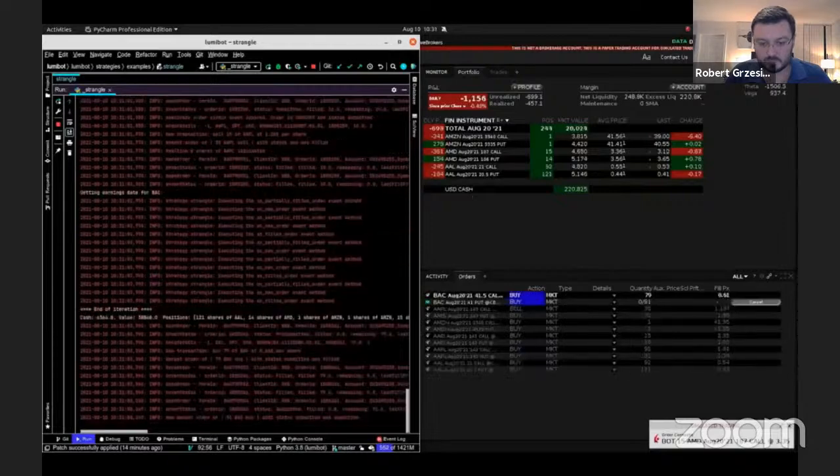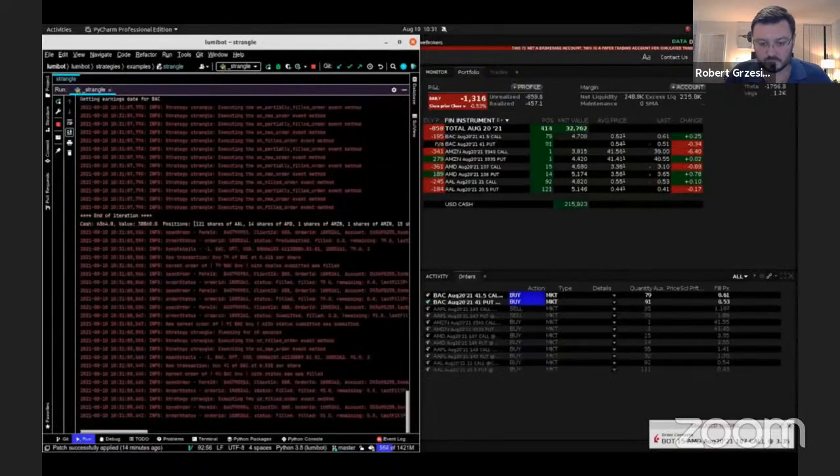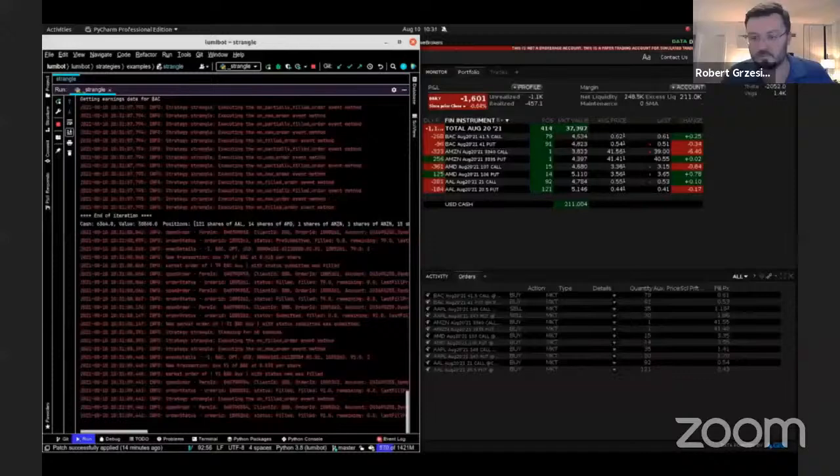And this is what you're going to learn how to do when we get into the course together. We're going to teach you how to build these algorithms. If you have trading strategies for options, we'll teach you how to codify them and how to run them and how to do them in Lumiwealth and trade with Interactive Brokers.